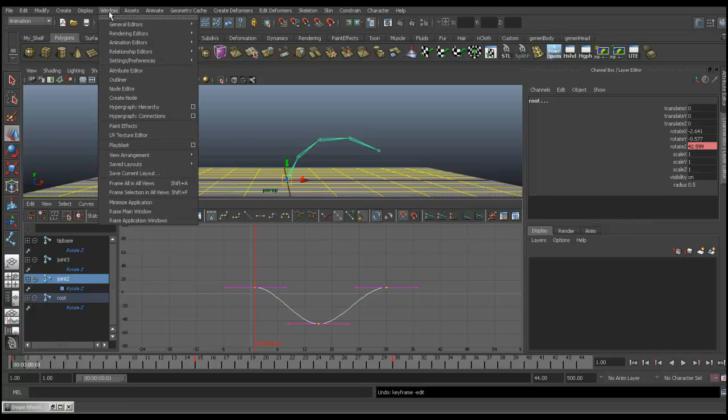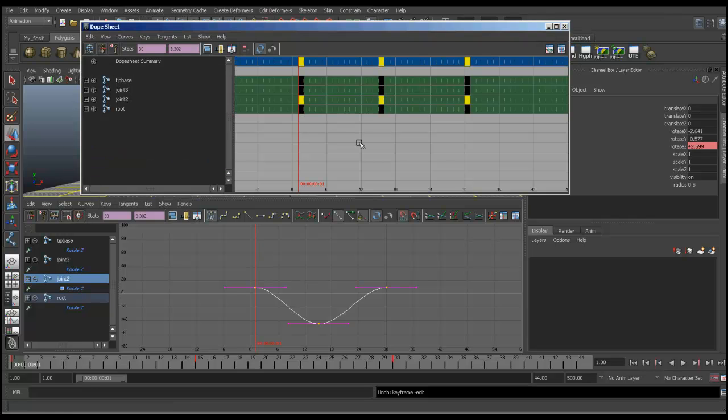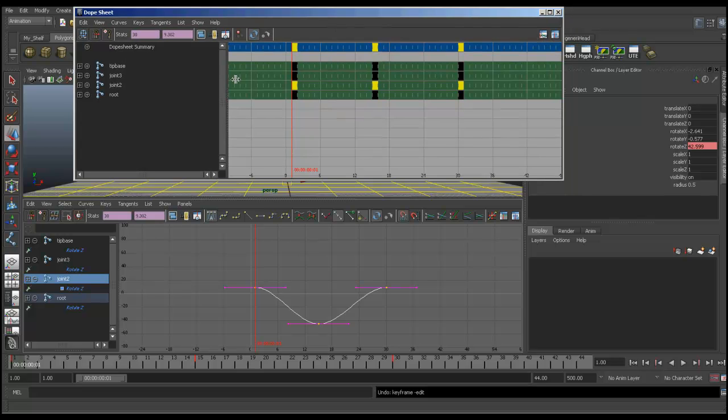So I'm going to bring it up. Remember I said Windows, Animation Editors, Dope Sheet. If I bring that up, I have this dope sheet here. Notice that it has the names of the joints right here. One of them is root. And it also has what's called the dope sheet summary, which is kind of an